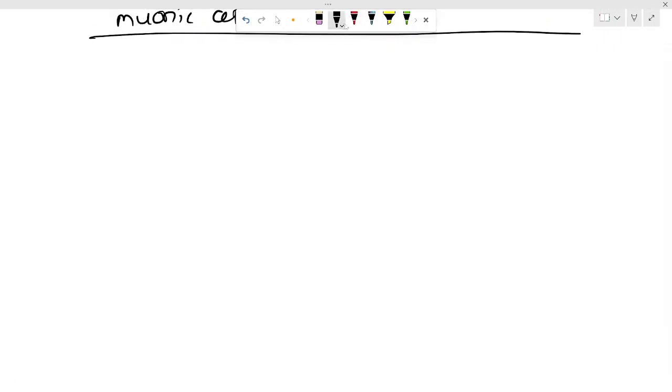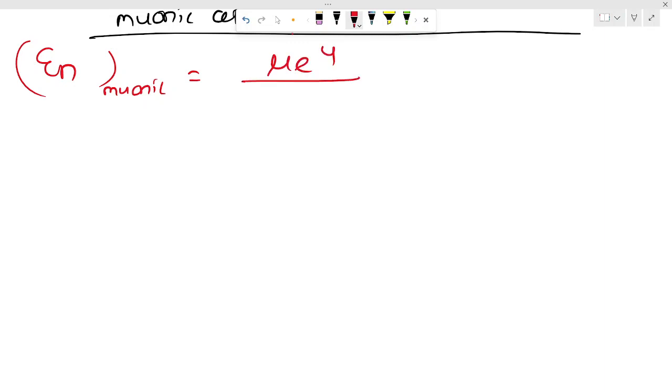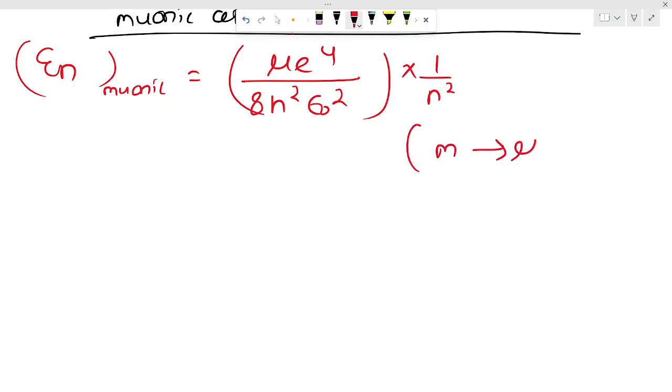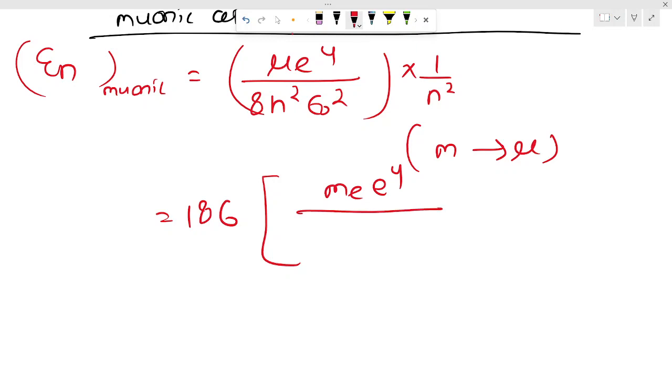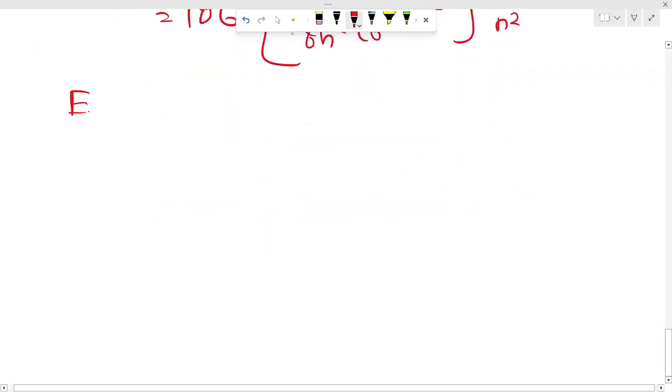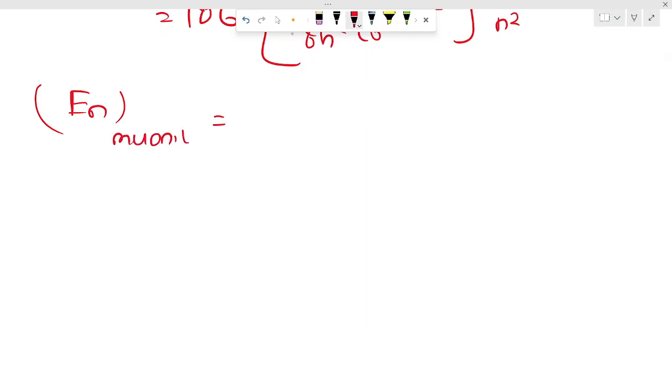So energy of muonic atom will be equal to μe⁴, where I have substituted m with μ, the reduced mass, divided by 8h²ε₀² into 1 by n². Where m is substituted by μ. So it will become 186 into me⁴ upon 8h²ε₀² into 1 by n². In this step, I have substituted μ as 186 times the mass of electron. So Eₙ of muonic will be equal to 186 into Eₙ of hydrogen atom,